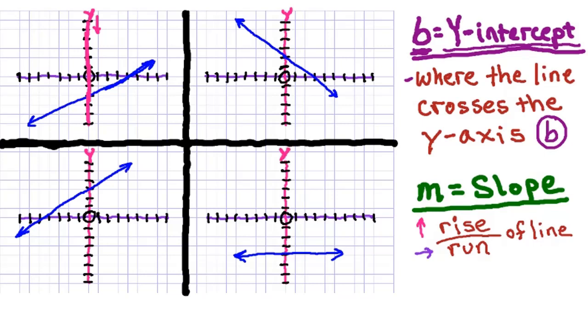Wherever the line crosses that y-axis, that is what B is. That's the y-intercept. So it's just a really fancy term for something pretty simple. So we're going to find the B value, the y-intercept value, and the slope in these four graphs. So if you look in this first graph, the top left one, we'll call this graph number 1,